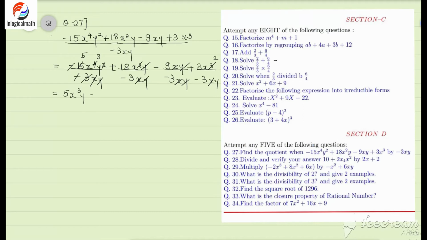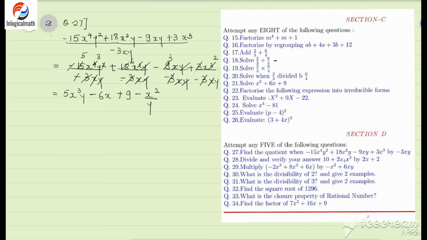This plus, multiply minus minus, 3 ones are 3, 6 3s are 6, so it's minus 6 x. Minus will become plus. 3 ones are 3, 3 3s are 9, and this 3 is cancelled with this 3, plus minus x square upon y. So this is the quotient. Okay, I forgot to write this y. So the quotient, when a polynomial is divided by a monomial, this is the method we do.